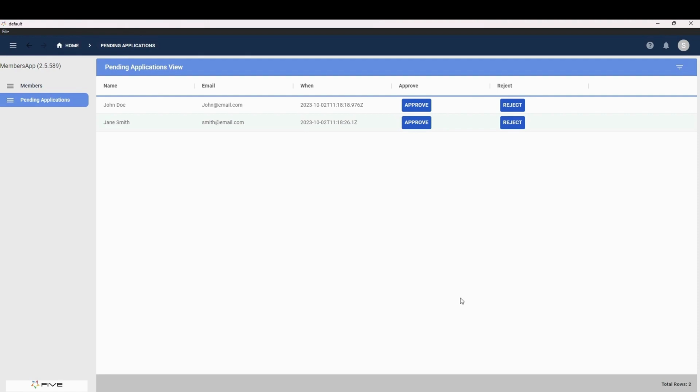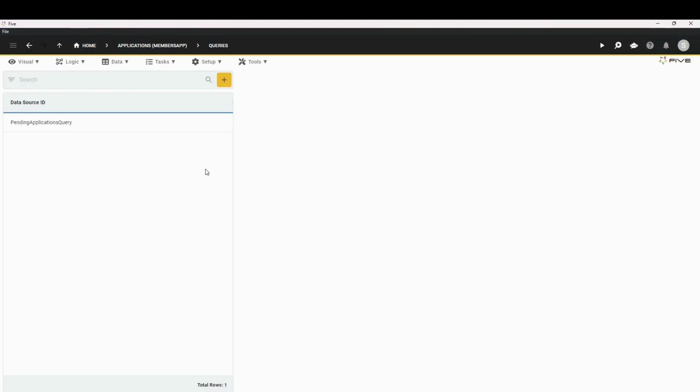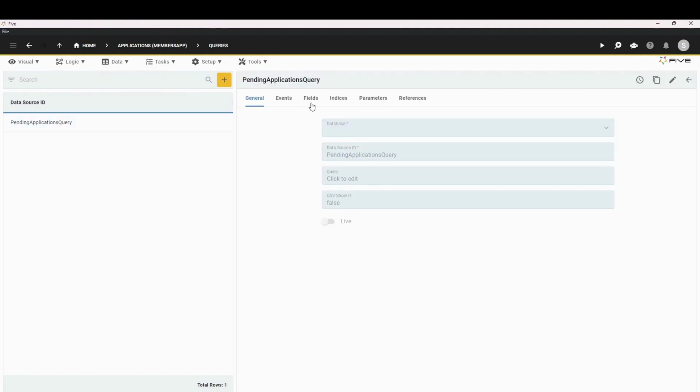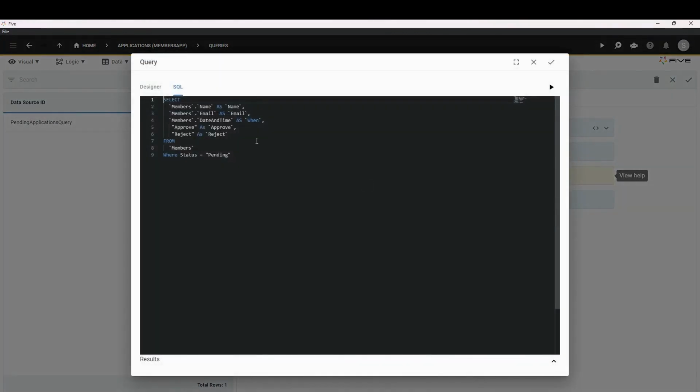Okay, so first things first, let's go back to Five, and go back to our query. Currently we are capturing the name, email, date and time, and we are placing these two buttons. Now we would also like to get the members key, so that can be members.members key,